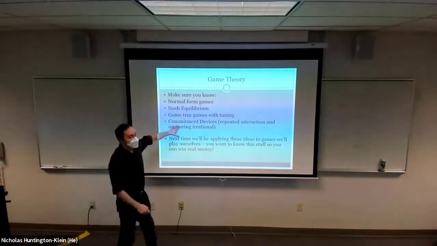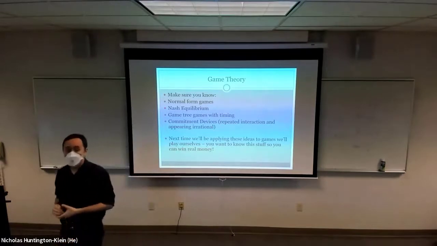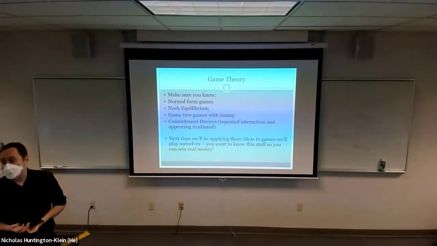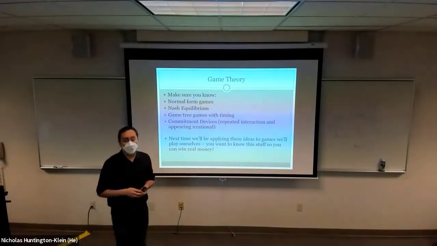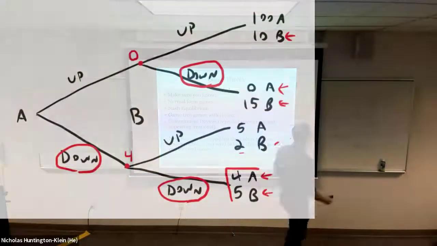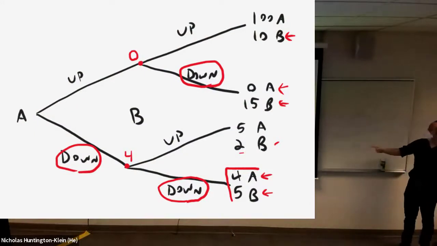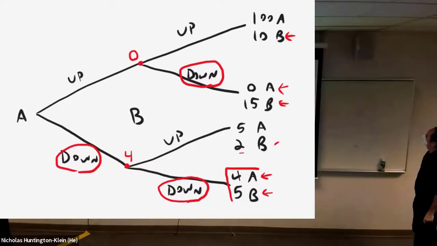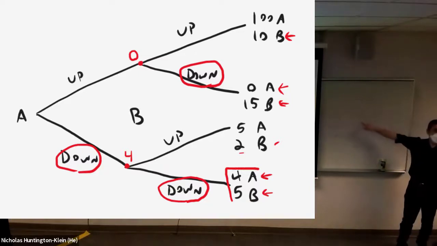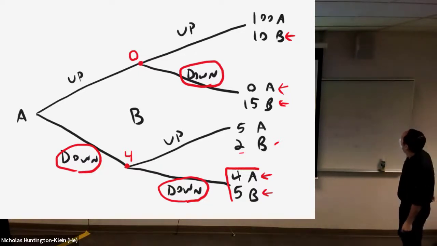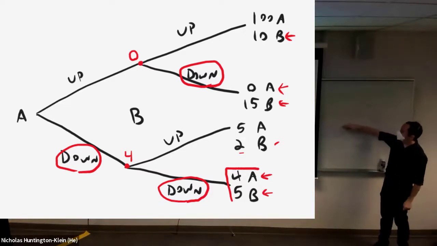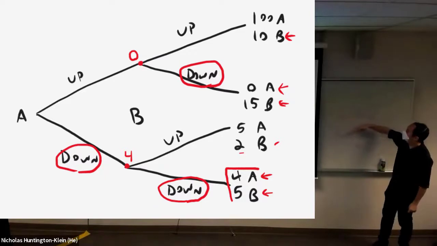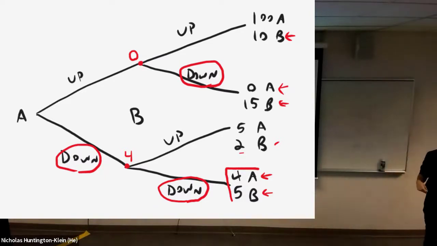And by the way, this is just a short list of the kinds of things that will allow us to commit. There are lots of other things that you can do to change the game. For example, you could remove options from yourself. Imagine that you're about to play this game and you're B, and you really like to be up here rather than down here. Let's say it's that you're going to open a store. A is either opening a store in Ballard or downtown. B is similarly to open a store in Ballard or downtown.